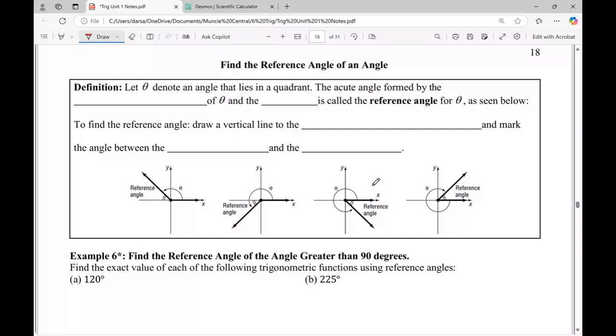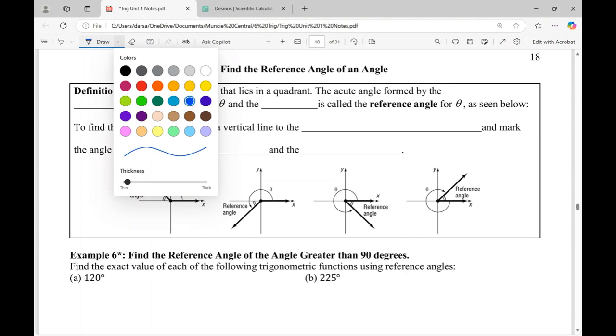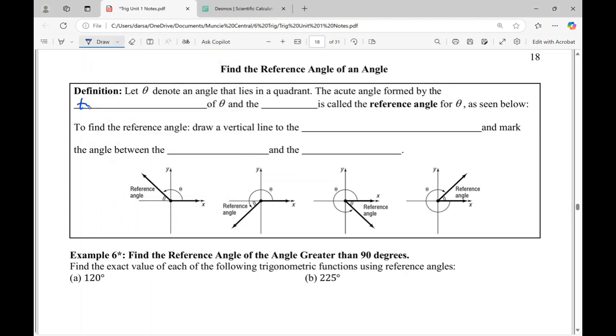In order for us to start finding sine, cosine, and tangent or trig functions in quadrants other than the first quadrant, or of angles that are bigger than 90 degrees, we have to first be able to find what is called their reference angle. So let theta denote an angle that lies in a quadrant that is not quadrant one. The acute angle formed by the terminal side of the angle